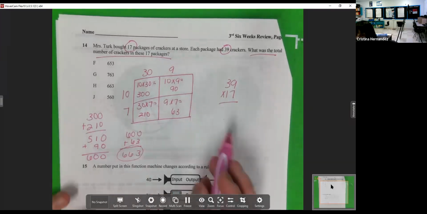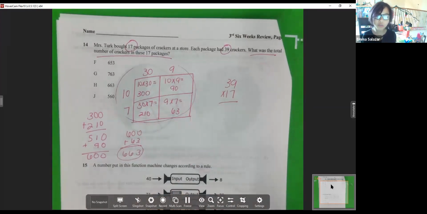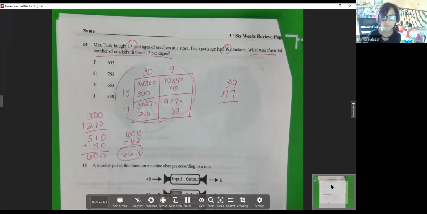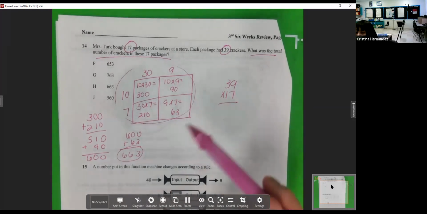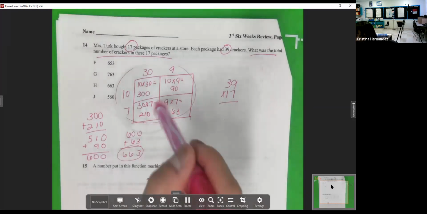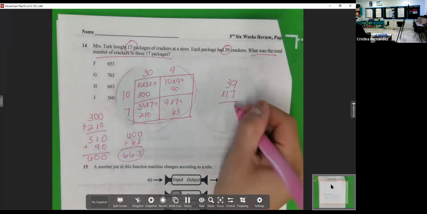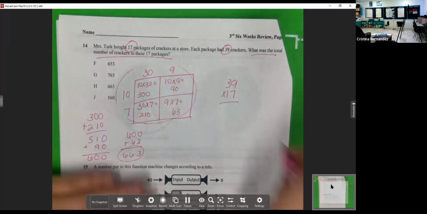It does not matter which. I tried doing the standard algorithm, but I guess I forgot how to. I got confused at the last part, so I just did the area model, and that's what I got. Yeah, like I said, we haven't done this in a while, but if you remember this, you can answer this problem that way. I'm not going to tell you no. I can do this one, Emma, for you, and you can see what maybe you did wrong, okay?